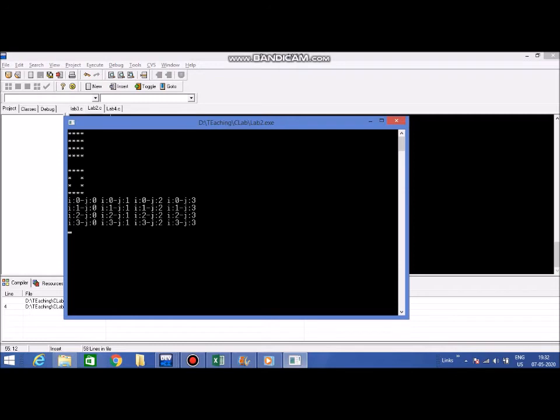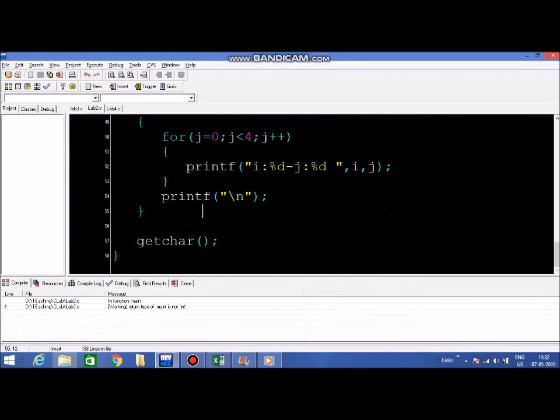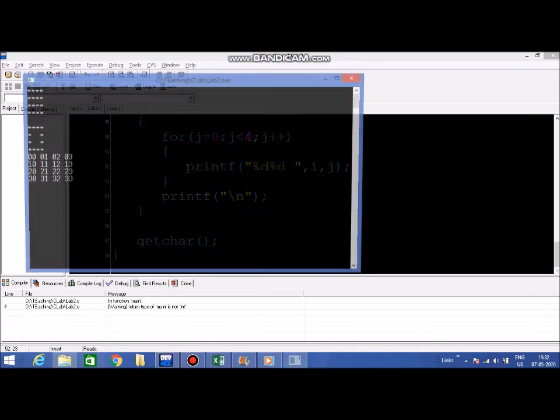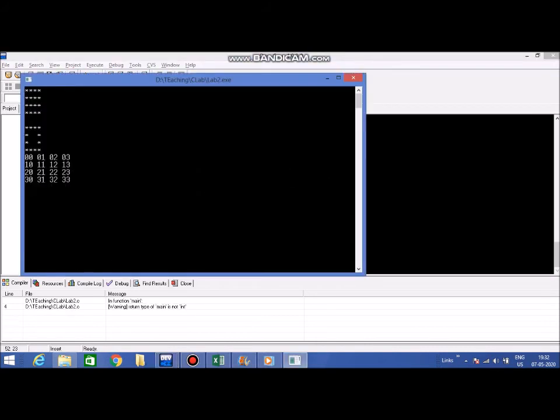What will be the criteria for diagonal? So I'm now going to remove this i and j because it is too confusing to read. But now you understand that the first number is i and the second number is j. So let's simply look at ij. How does it look? It's 0, 0, 0, 1, 0, 2, 0, 3, 1, 0, 1, 1, 1, 2, 1, 3.